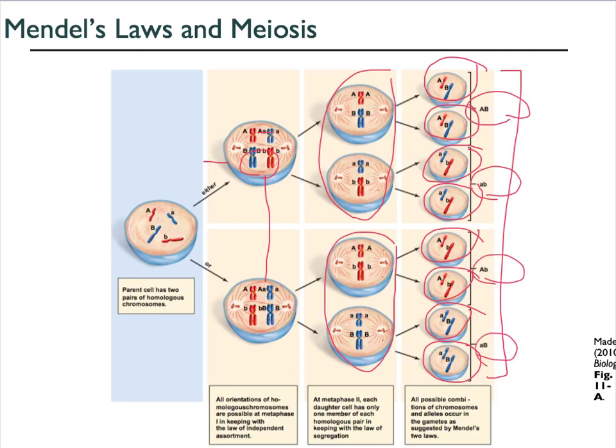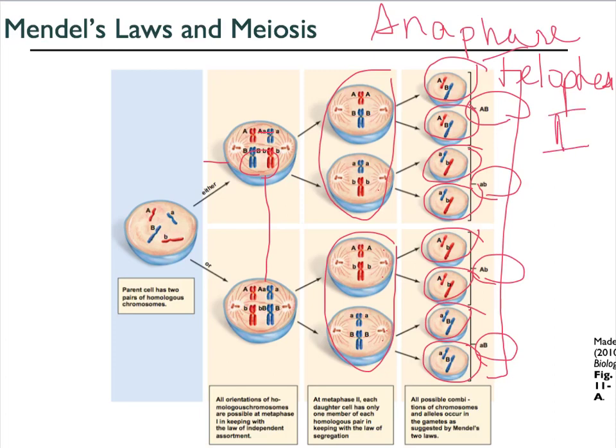segregation. So the law of segregation is realized essentially, you could say, in anaphase or telophase 2 of meiosis, the second stage of meiosis. And the law of independent assortment is realized during metaphase 1, when those homologous chromosomes line up at the metaphase